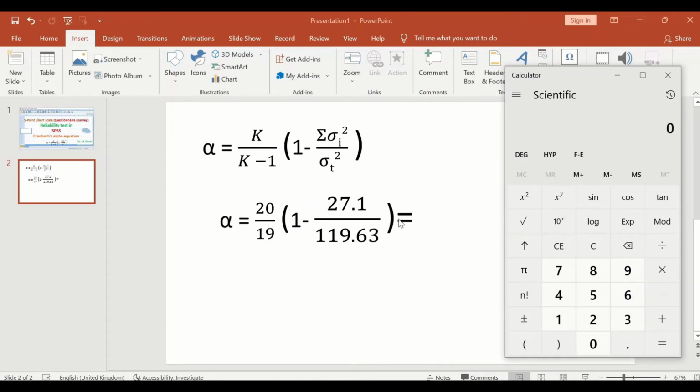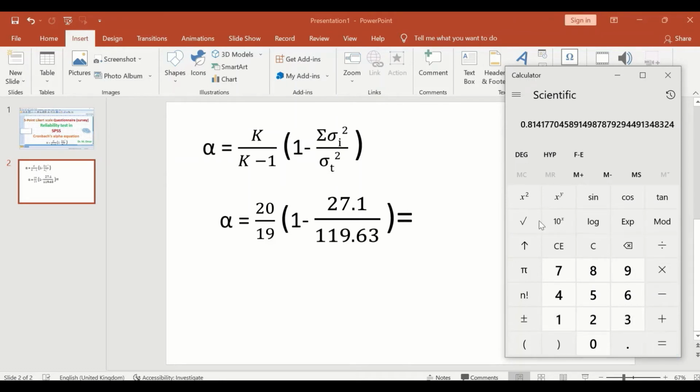We need to calculate the value between these two brackets. 1 minus 27.1 divided by 119.63 equal to this value, and we're going to multiply that by 20, then divide that by 19,